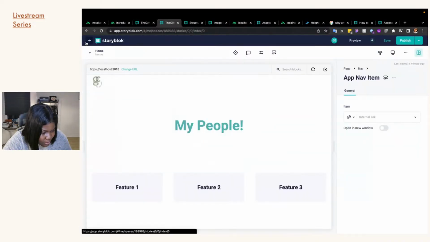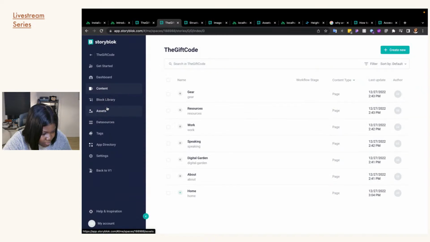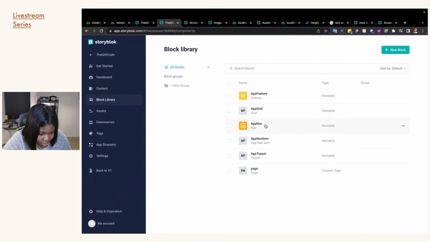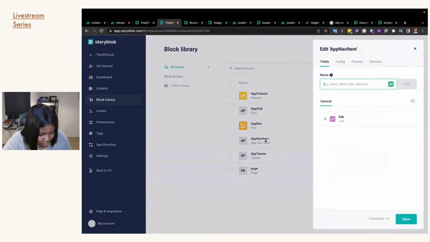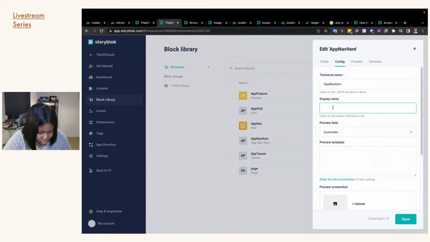So if I go here to the block library and change the name of this app nav item to nav item, like that,